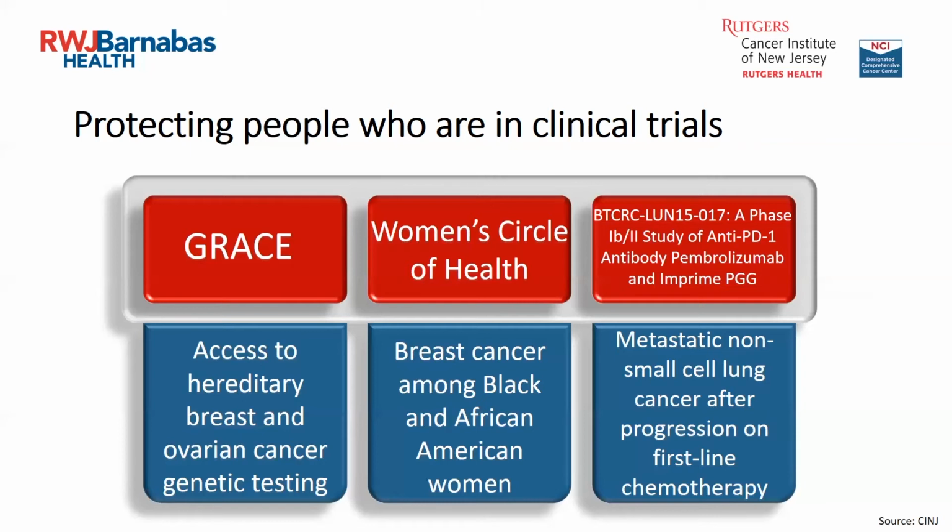The Women's Circle of Health study is an inclusive breast cancer study that evaluates the causes of an early age and more aggressive breast cancer in Black women. The study is a collaborative effort between Rutgers Cancer Institute of New Jersey, Roswell Park Comprehensive Cancer Center, the New Jersey State Cancer Registry, and Rutgers School of Public Health. Participants are recruited in 10 counties throughout New Jersey. In 2014, with additional funding from NCI, that's the National Cancer Institute, the study was enhanced and redesigned as a cohort study of Black breast cancer survivors.